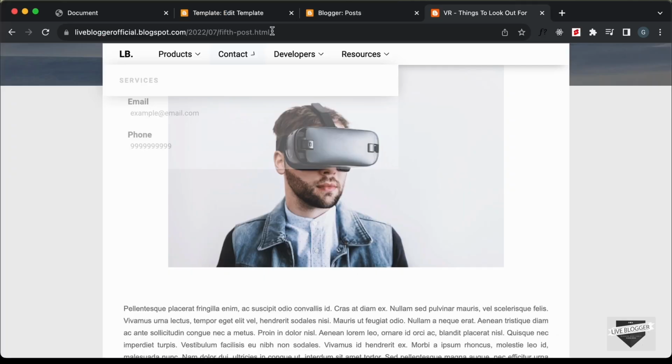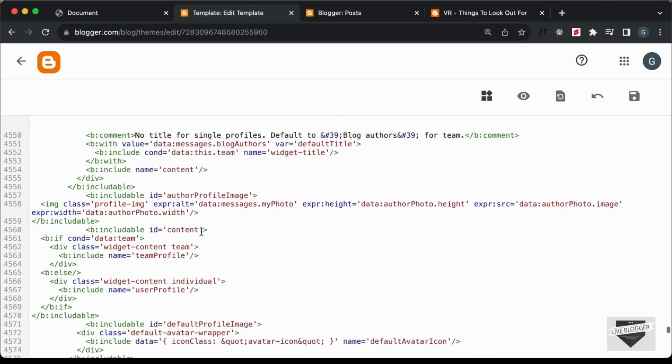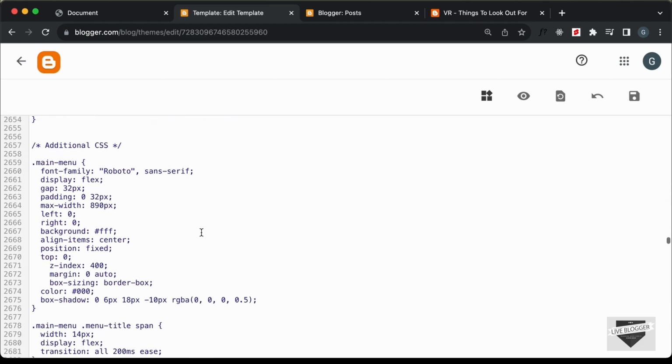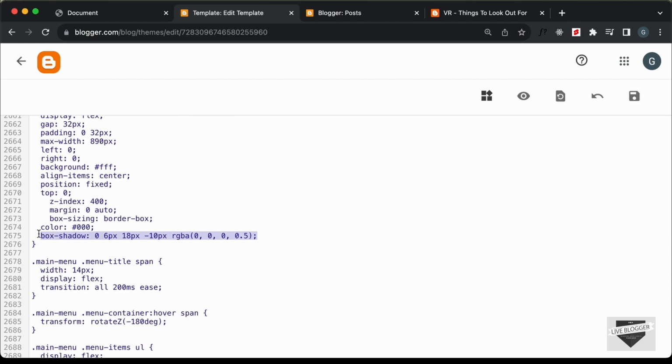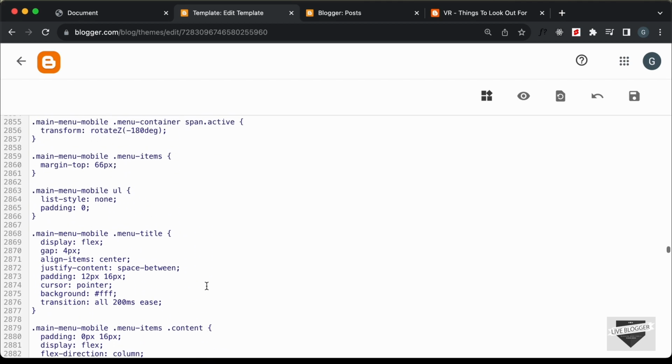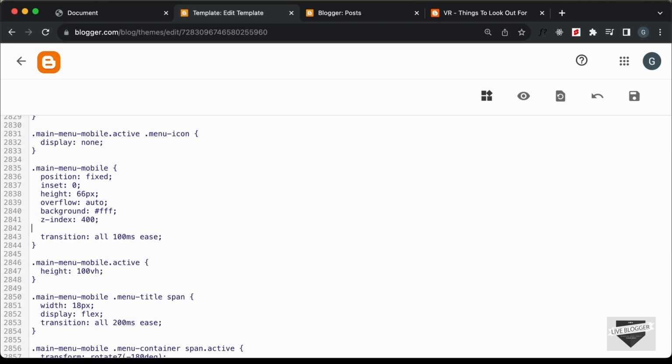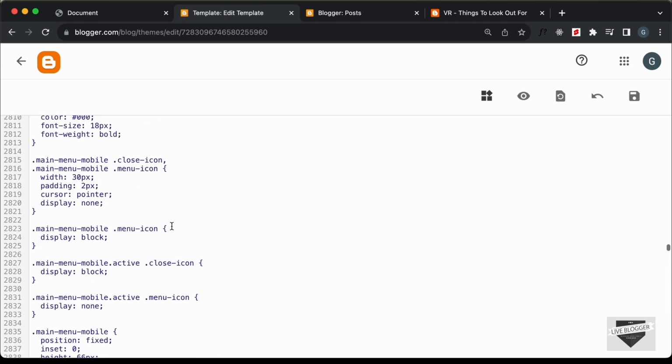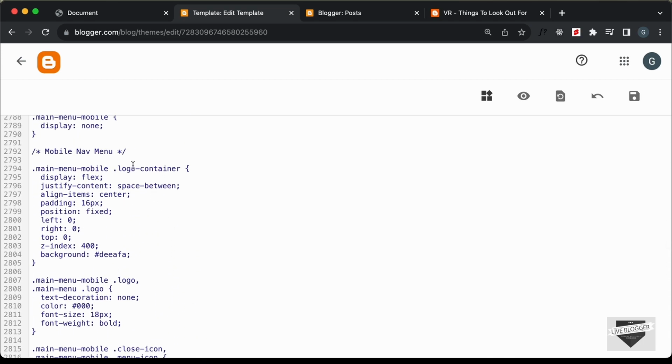So let's do that. Let's go back to our CSS and let's go ahead and copy the box shadow style from here. And let's go to the main menu mobile class. And here let's paste the box shadow. And then if you go to the logo container, here for the logo container we have added this background color, so I'll just change this to white. And if you go back to our mobile version,